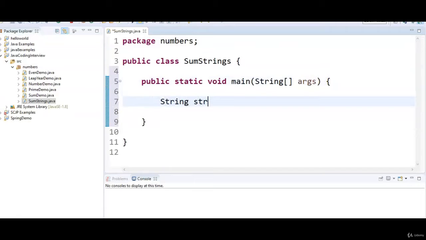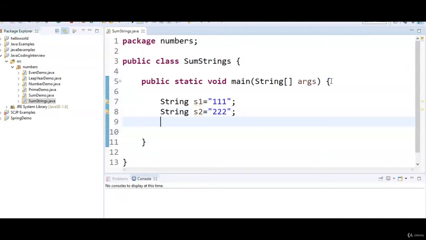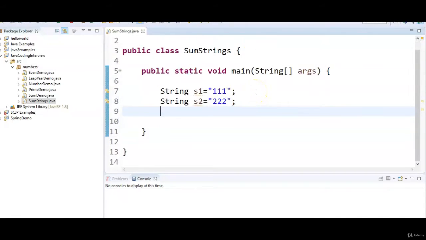So let's create a string s1 equal to 111 and string s2 equal to 222. Okay, so now we'll see how to convert